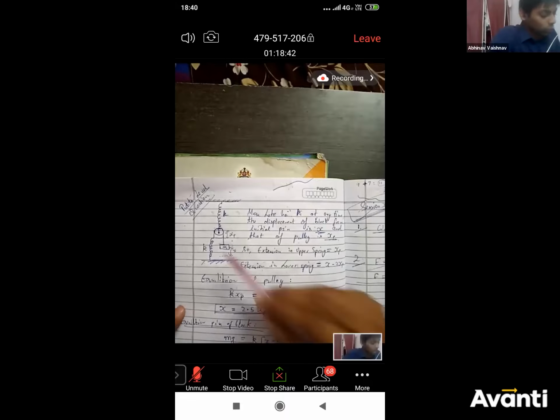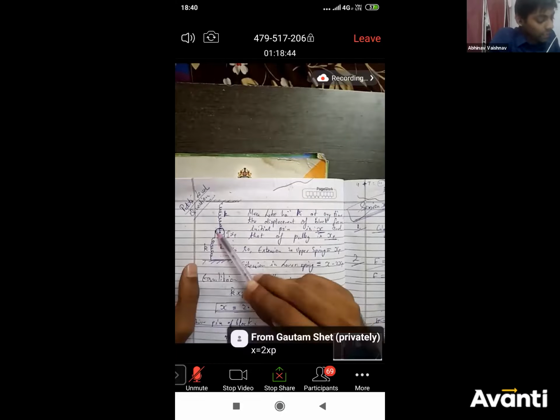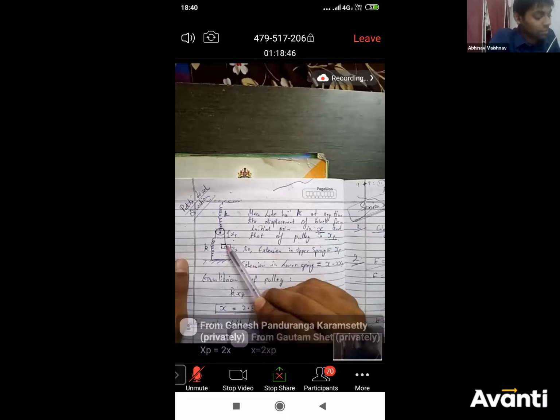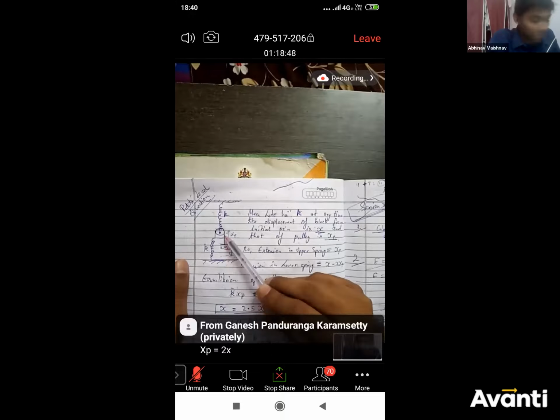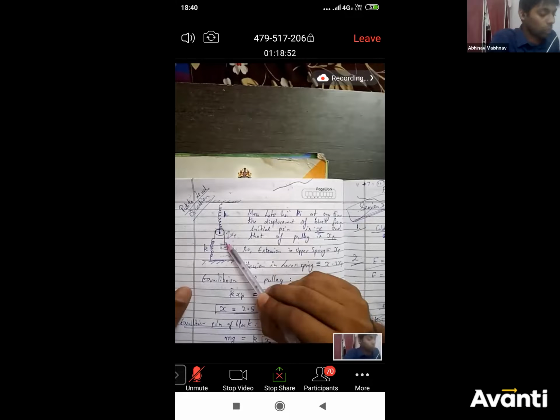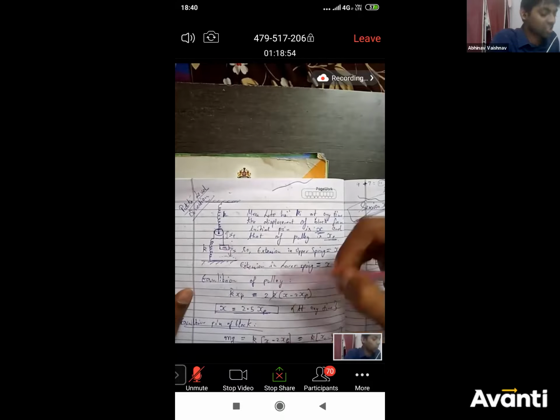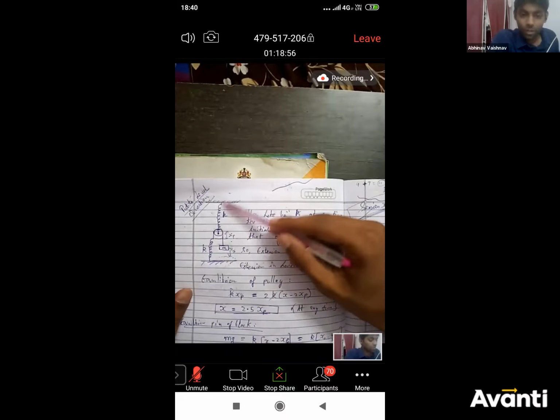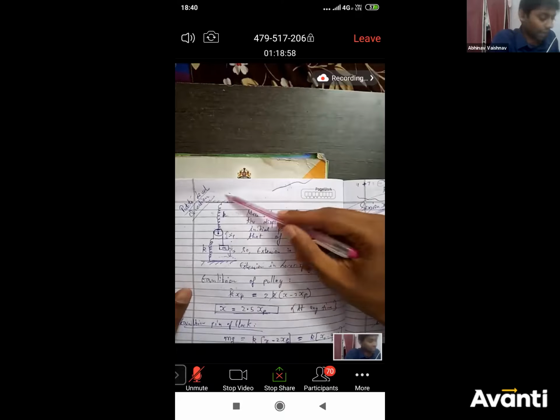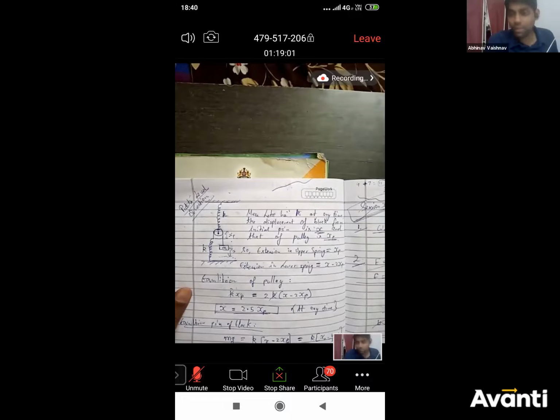Okay. So ध्यान से देखो, if we have assumed that the pulley moves down by distance xp, right? The pulley's displacement from the original position is xp. So if the pulley moves down by xp, what will be the extension in the upper spring? xp. बहुत ही आसान है कि ना?